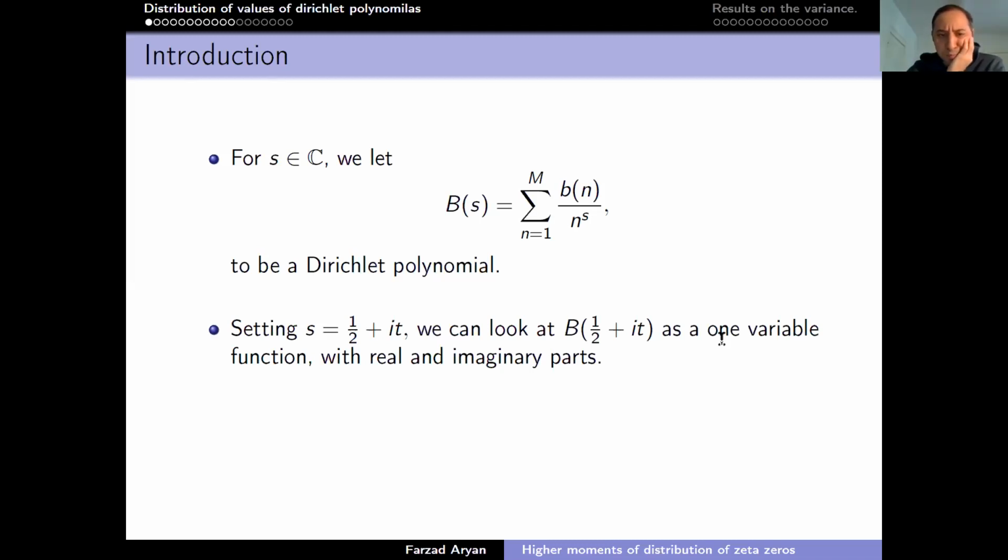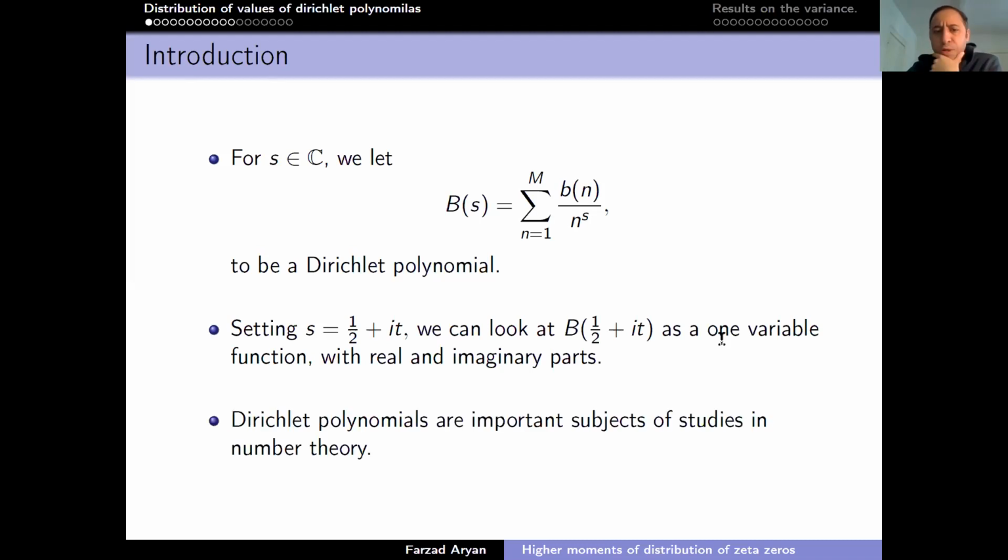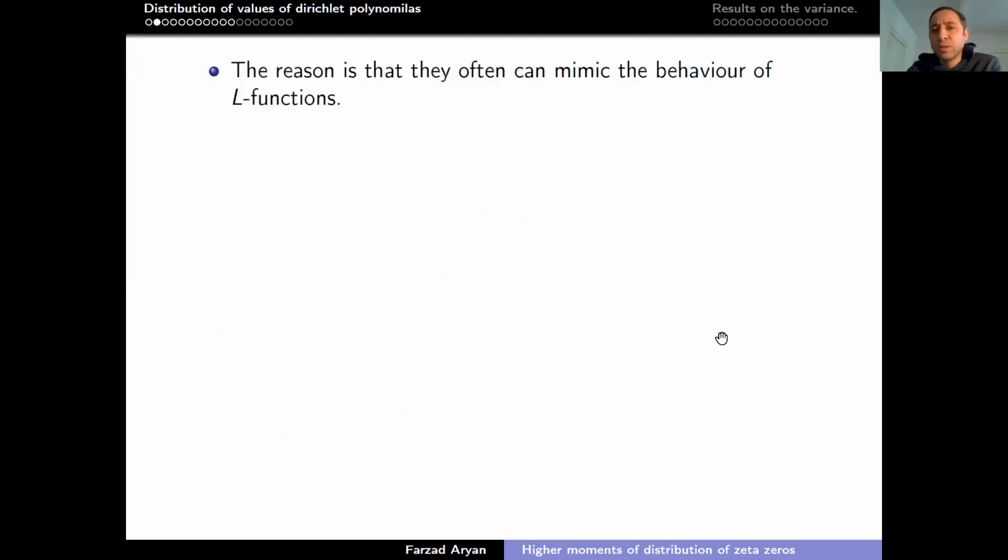And why are we interested in these polynomials in analytic number theory? I want to explain why they are an important subject of study. The reason is they often mimic the behavior of L functions. The zeta function, for example, which is an important subject of study in that field, has a representation in terms of a Dirichlet